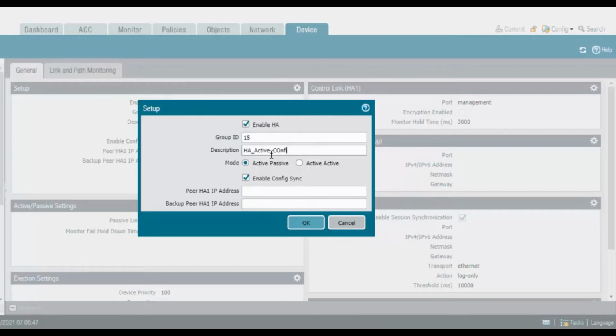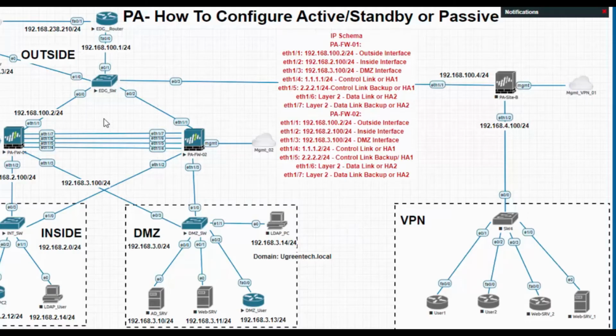Okay, so I want to set the mode as active passive, meaning one will be active and the other will be passive, whereas active-active means both the firewalls act as active. In this case I will go with active passive and enable config sync. Yes, I want to enable the config sync. Peer HA IP address means the peer's IP address.